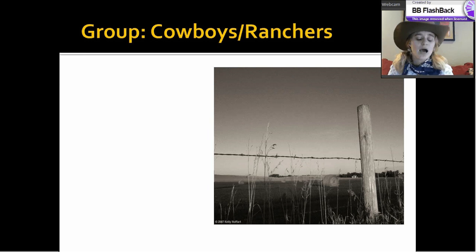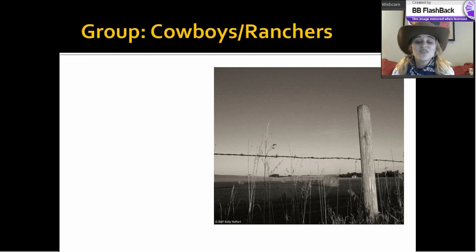But it really got a big start because of the Civil War. So while the men were off fighting the war, women were back home on the ranches, and they didn't really know what they were doing. They hadn't been trained to ranch cattle. So the next thing you know, there's a huge population boom of cattle. There are all these cows. And the men get home and they're like, what the heck are we supposed to do with all these cows?